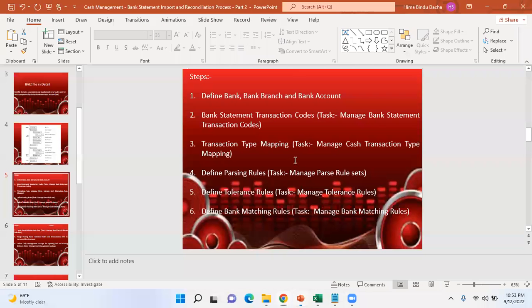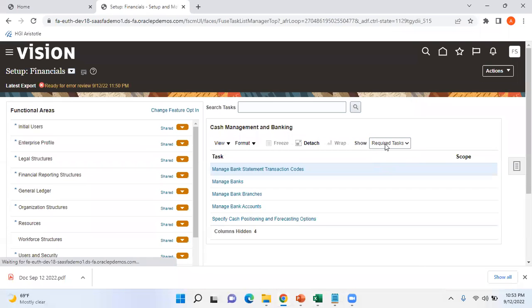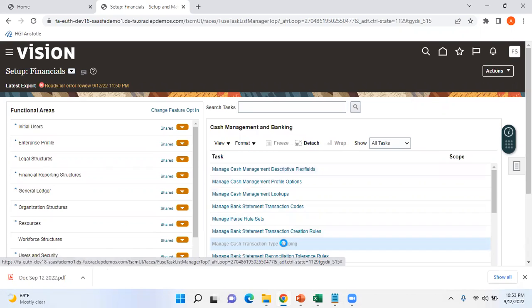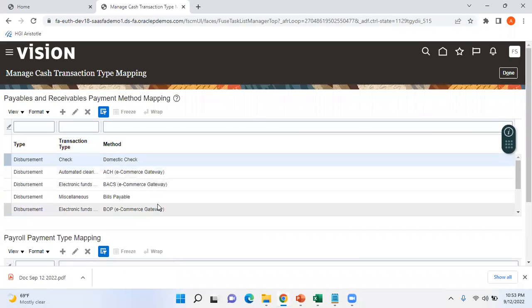Okay, so that's the first setup. The second one is transaction type mapping. The task is Manage Cash Transaction Type Mapping. Click on All Tasks, Manage Cash Transaction Type Mapping. In this screen, you already have some seeded mappings. Here you map your Cash Management transaction type to the corresponding subledger Payables or Receivables payment method. So if I click on plus,